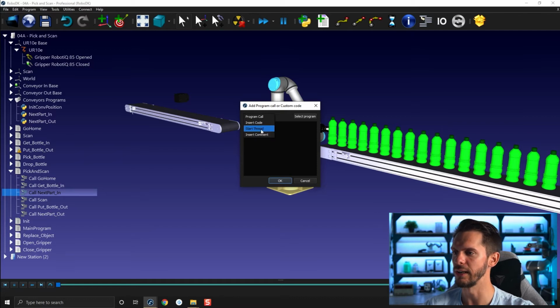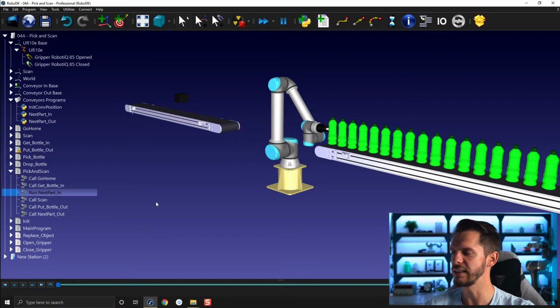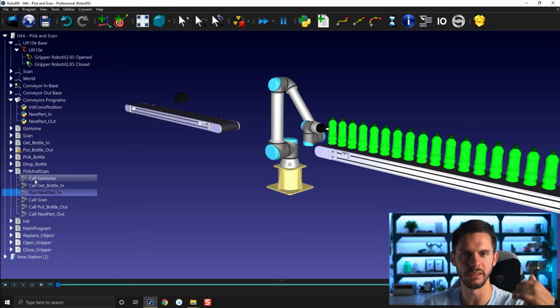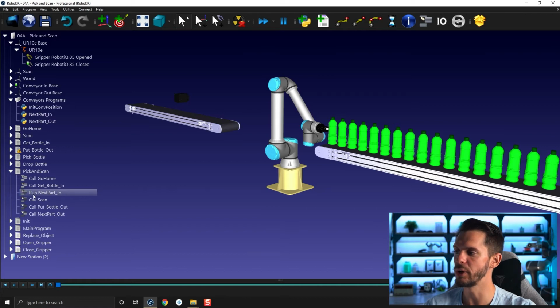Here, start thread. If you select this one and click OK, you will see a slight difference in the way we are naming and calling things. Here you have program calls. The calls are exactly what I said before: the program pointer starts at the top of the subprogram, goes down, and when it's done, it gives back the hand to the main program for the next subprogram to be executed. Here, instead, if you see run, it means it will start running the next part in subprogram, but as soon as it's launched, it will also call the scan subprogram here.